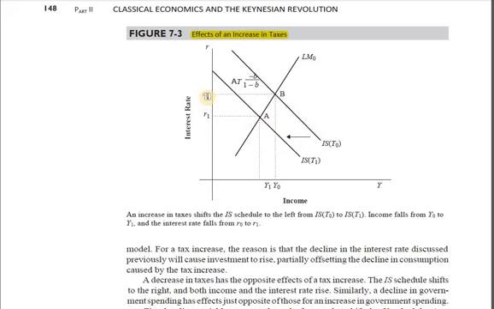Number one, at the given rate of interest, income would have fallen from Y0 till here, somewhere over here. Alright. But when this happens, the transaction demand for money would have gone down. When money demand is less than the money supply, this would put downward pressure on the rate of interest. And when this happens, there are two things. Number one, because of the reduced rate of interest in the economy, the investment demand would increase. And when this happens, the equilibrium income in the economy would go up,